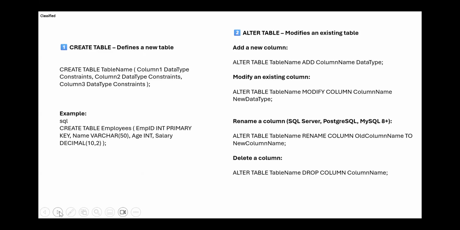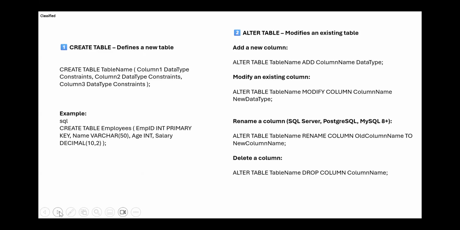After that, you define the columns or the attributes. So column one, data type of that column and any constraints, like is it a primary key? Are you asking for auto increment? Any constraints. Then next is column two, the data type of that and any constraints. Then column three and so on and so forth. You always end the code by closing the bracket and putting a semicolon. So just understand that when you are reading other code also, this is exactly the way it will work.